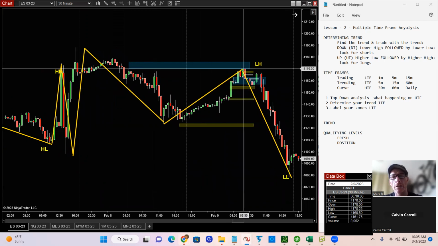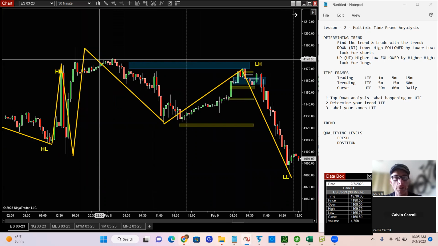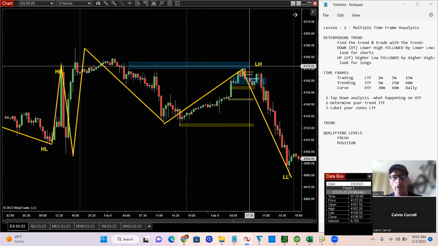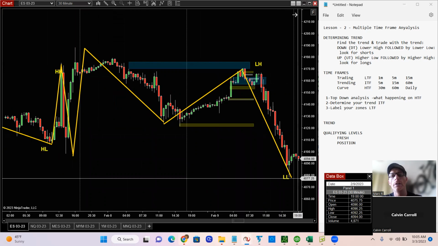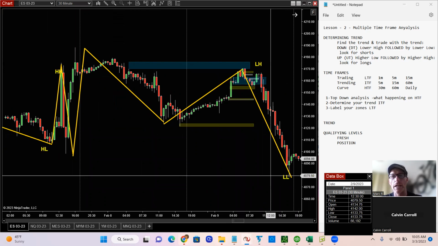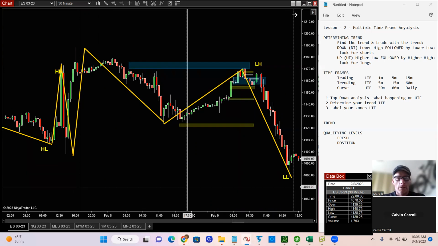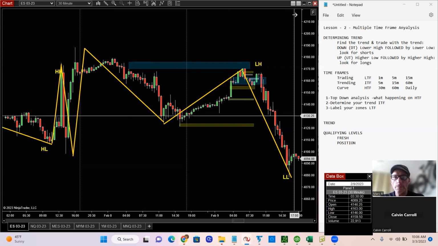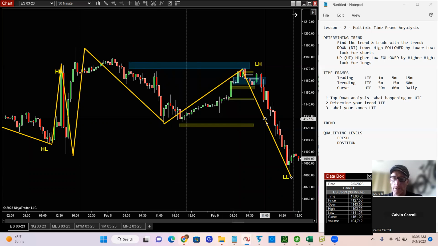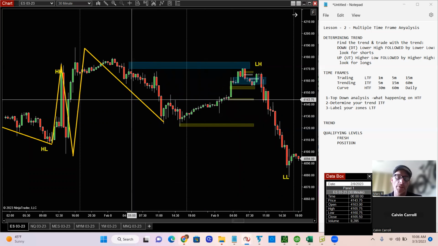Okay, so now you got a lower high and a lower low from here. So we're down, up, down, lower high, lower low confirmed. So now your downtrend's in effect. Now, let's see what happens if